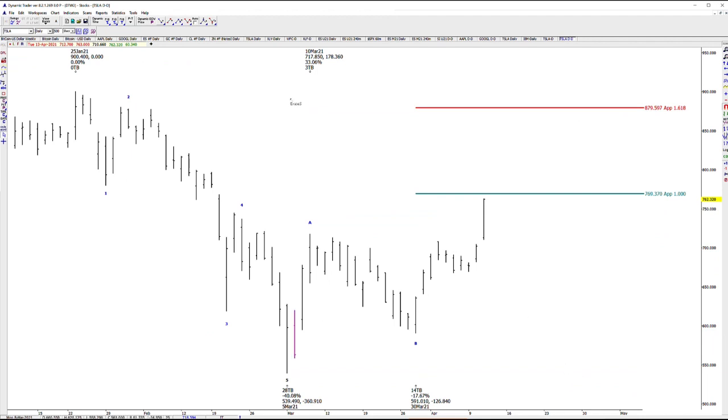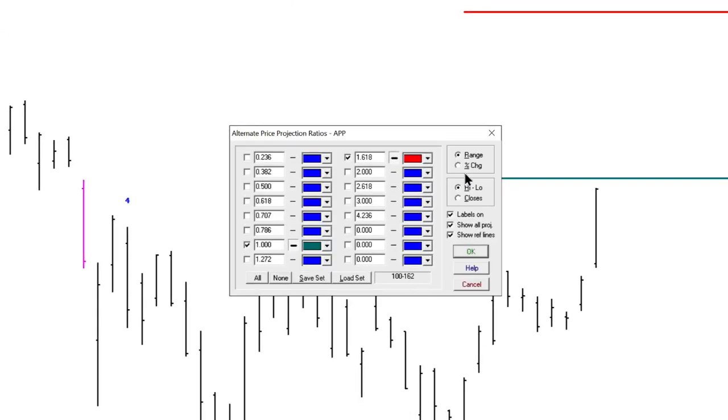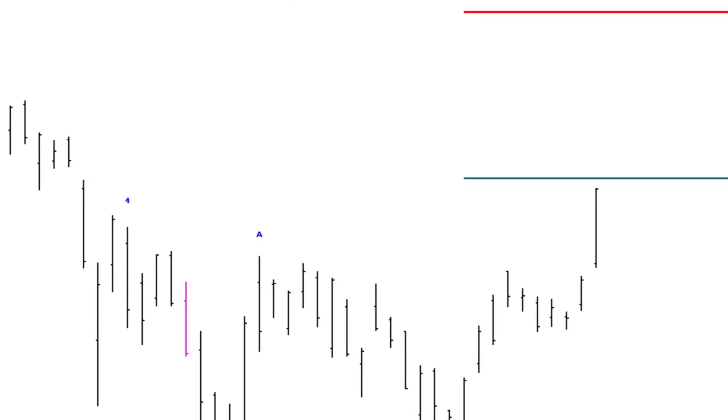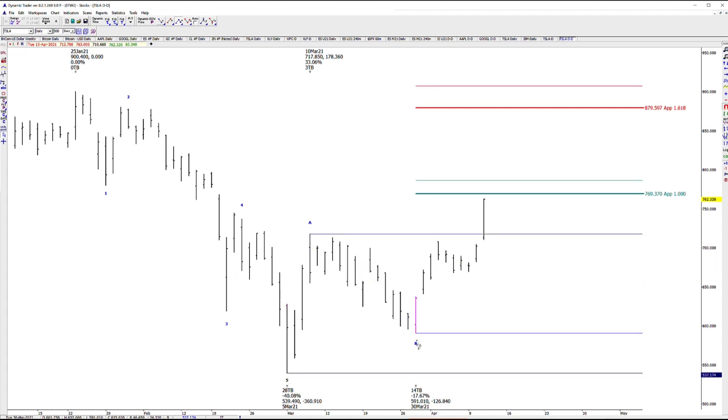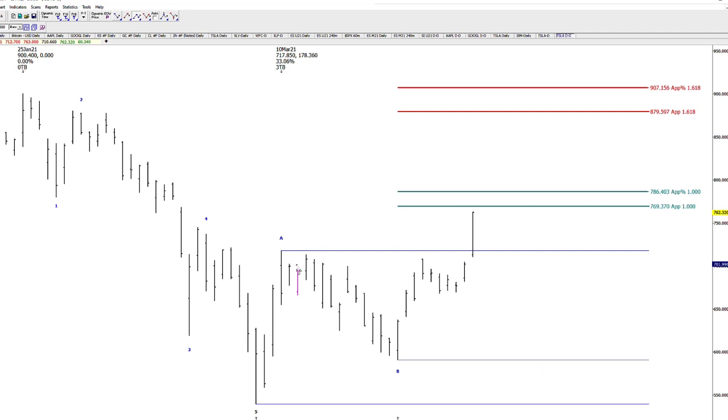Now let me do it by percentage change. There we go. I'll click off. Everything's the same, but we do it by percentage change. So I'll measure, whoops, I got to click on that. I'll measure the percentage change of the range of that A, and then project it by the ratios from the wave below. So let's take a look at this. This advance was